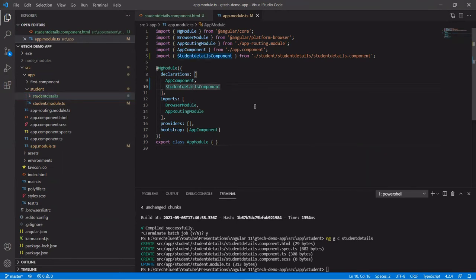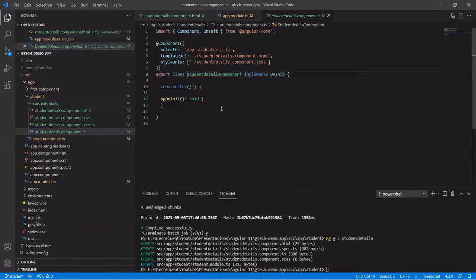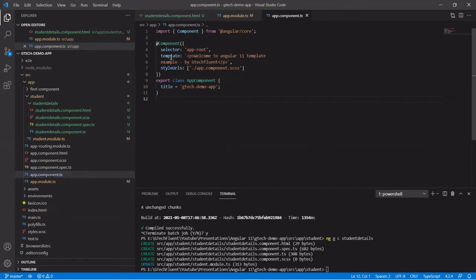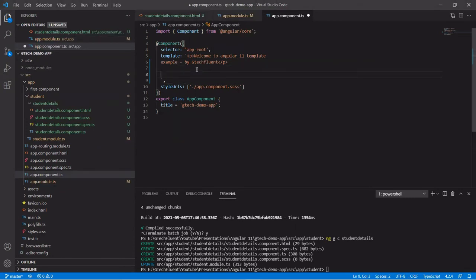Let's go to the student detail component. We need to copy this selector and go to the app.component.ts file. Here we have the template. Press enter, and paste the selector directive here, with the opening and closing of the selector.